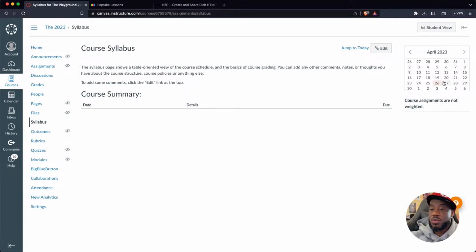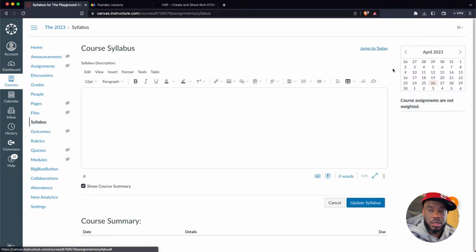Also, the calendar is there, which should not be underestimated. Just being able to see what day it is, and what day things are due here, is very convenient. It allows a student not to have that extra cognitive lift of trying to figure out what day of the week that happens to be, or whether they have basketball practice that time, or whatever. It really helps you out with that. All right, so I'm going to hit that edit button up there, and that's going to give me this. Cool.